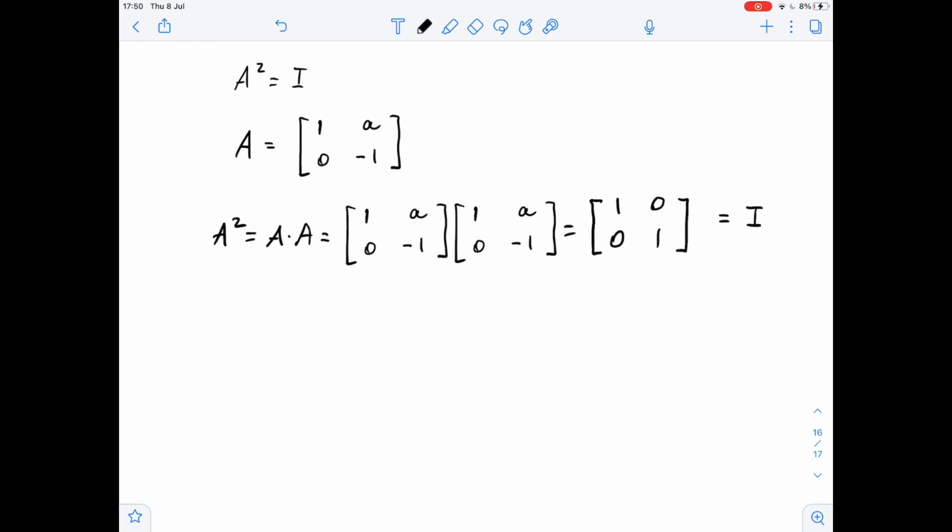Then all values a satisfy this. So for all a, this matrix would give us the identity matrix if it's squared. So then there are an uncountable number of a's satisfying A squared equals I. So the uncountable, let's write it down, the uncountable number of a